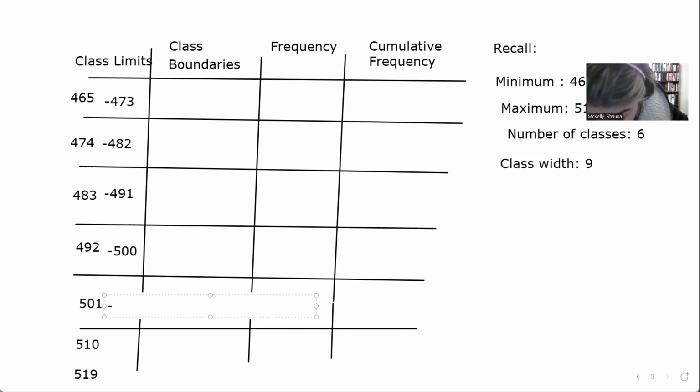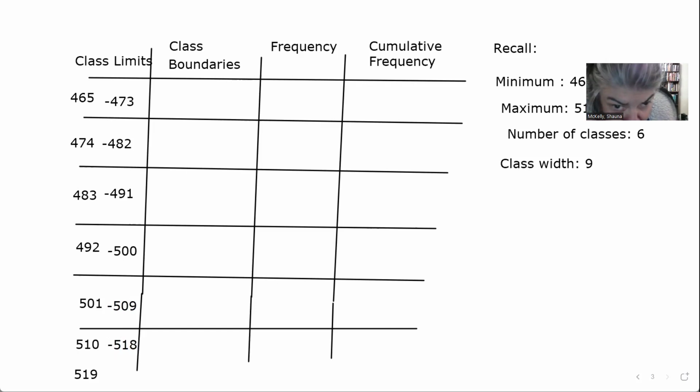And we're adding 9. Now, maybe now you can see why I put an extra number down here. You don't need 519, but if you're using the method that I described,